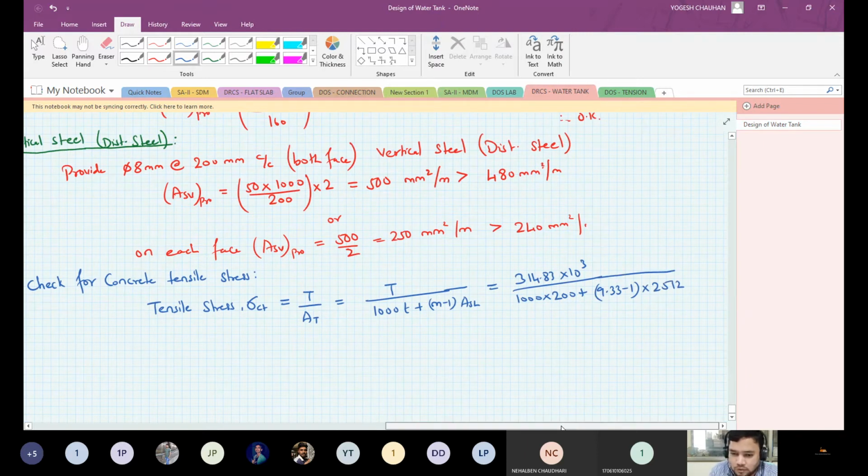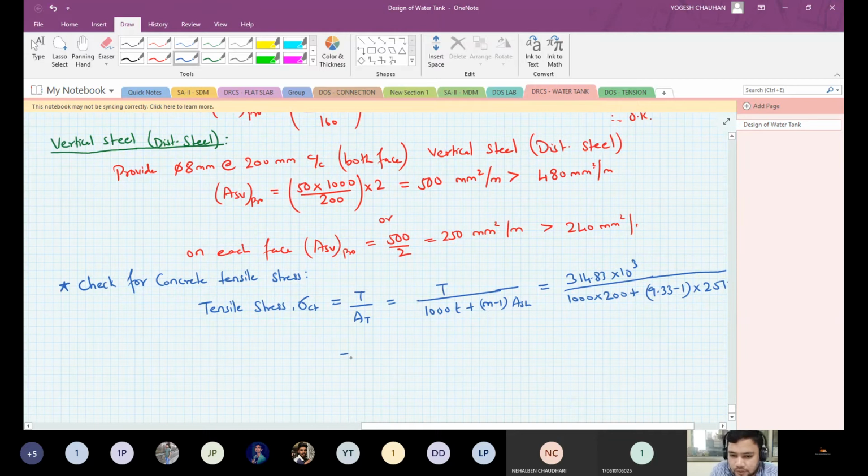So your tensile stress will be 1.43 Newton per mm square,